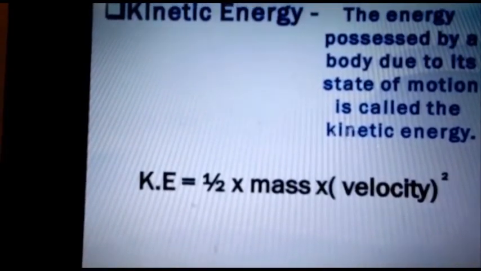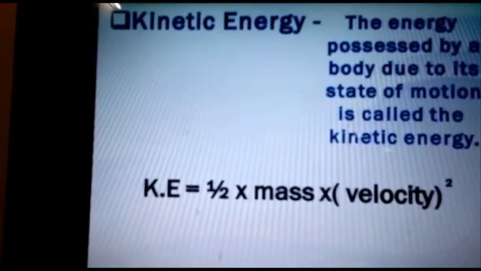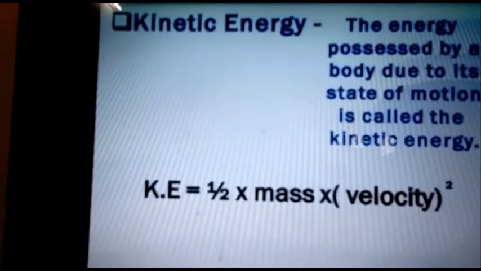The next form of mechanical energy is kinetic energy. The kinetic energy possessed by a body due to its state of motion is called the kinetic energy of the body. For example, a fast moving stone has the capacity of breaking a window pane on striking it, and thus